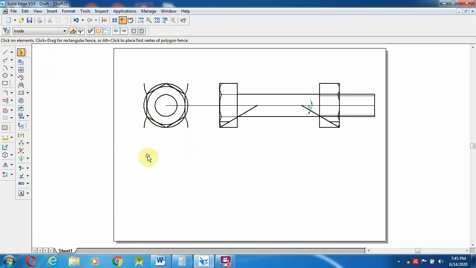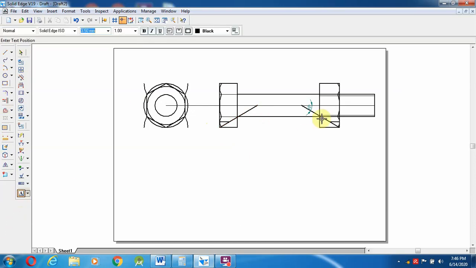Like this way you have to draw the front and side view of the hexagonal bolt and nut. Then comes here. So now whatever you extended, you can mark as O1, and wherever the 30-degree line cuts the axis, that is O2.